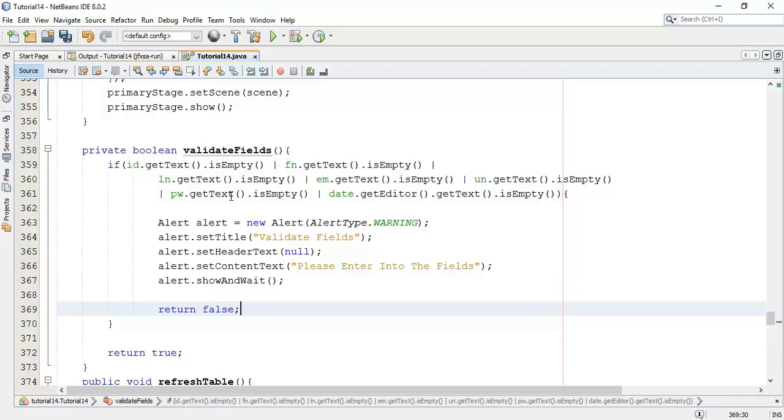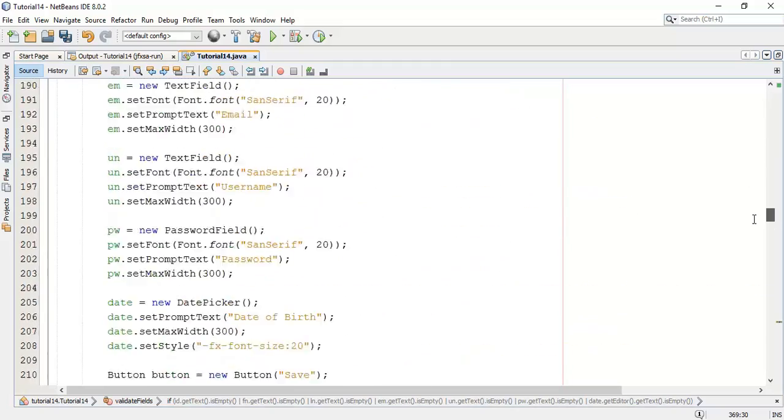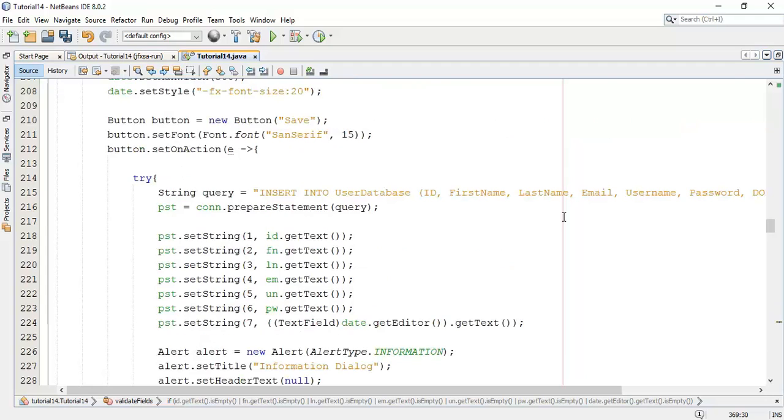So I'm going to use this validate fields in the save action method. So this is the save.